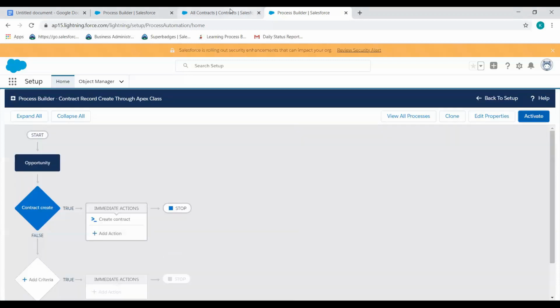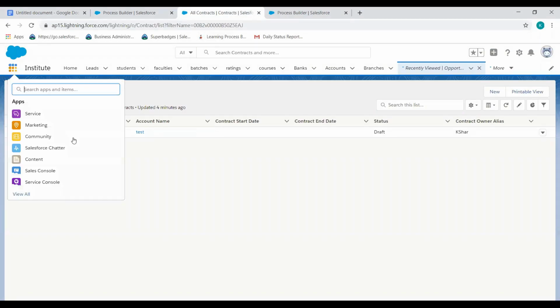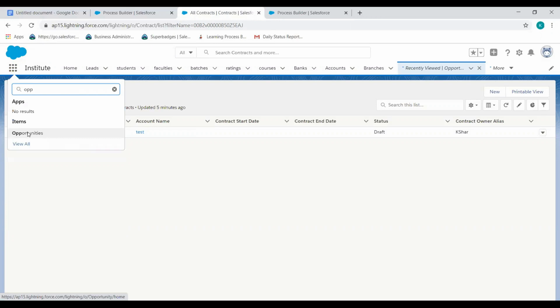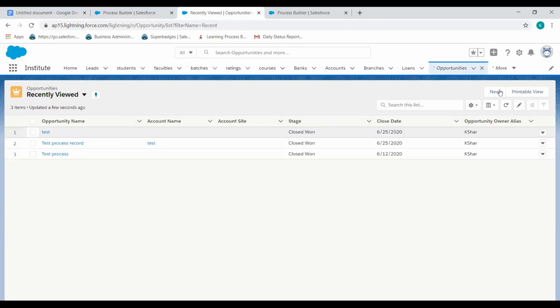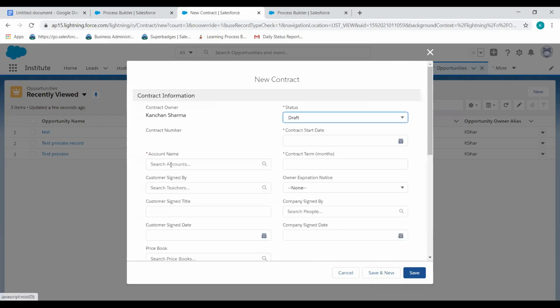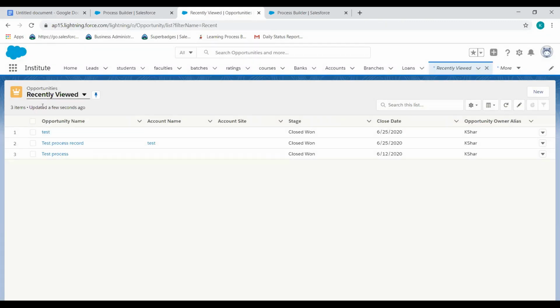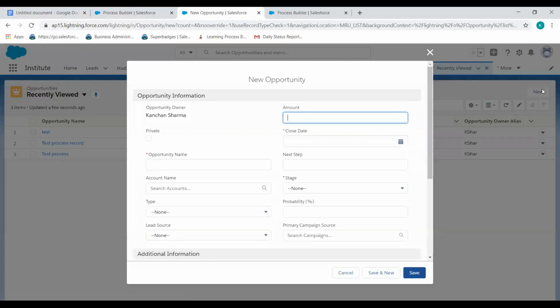Now let me see, before activation, whether there is any opportunity.